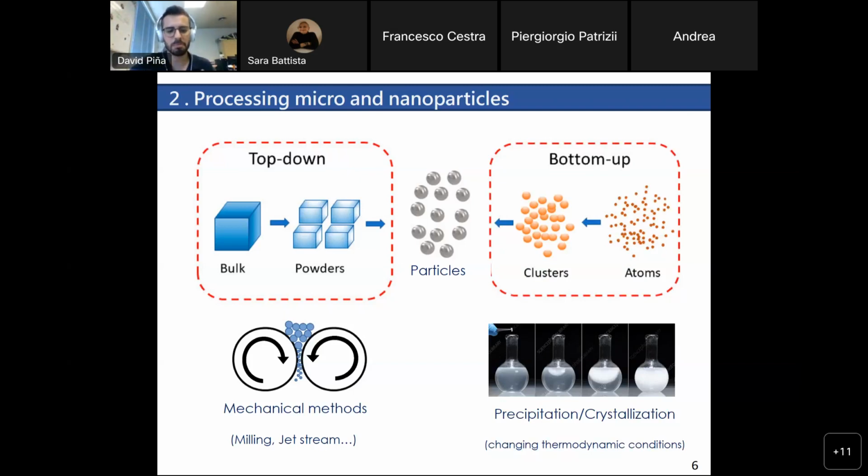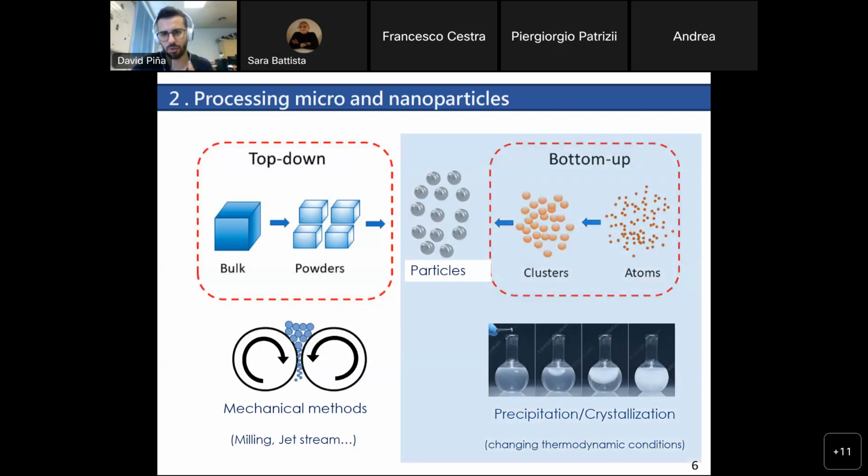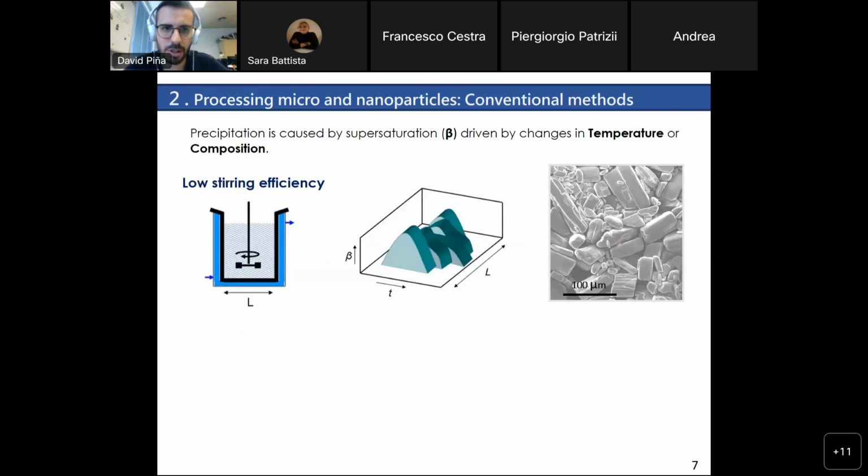And then we're going to build bigger supramolecular entities. And this is done by precipitation or crystallization processes, in which we change the thermodynamic conditions of this molecule that is already dissolved in a solvent, and we make it precipitate. So if we focus on this approach, this precipitation is going to be caused by a supersaturation of the molecule in the solvent. As we said, it's produced by changes in physicochemical conditions, thermodynamic conditions, such as the temperature or